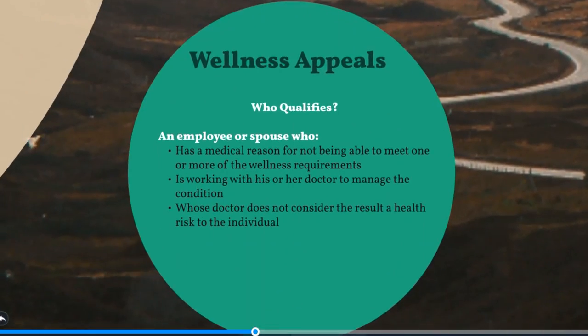If you get the 300 points for all of those biometrics and you add that to the fact that you've done your physical and your testing, you would get your 3,000 points and you would be in gold. But if you don't meet one or all of those values, there is the option to have a wellness appeals form completed. So you or your spouse could have your doctor fill out the form, which you will also get on the